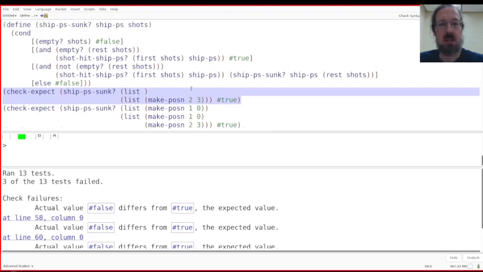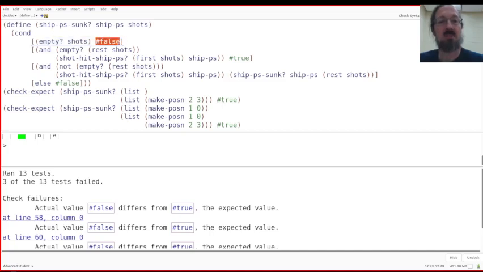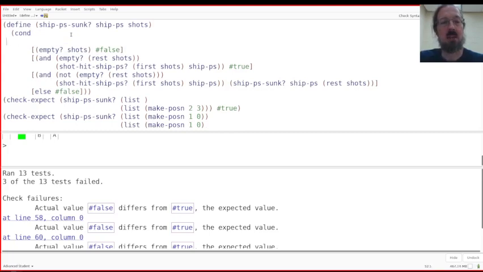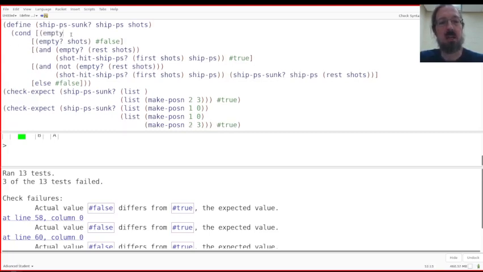That doesn't sound right. So then we start looking at the code a little more, and you realize that we're in trouble. So let's see. First of all, running out of shots. Well, the answer is false, except what if you also don't have anything in the ship? Yeah, okay, I see. So I would say that if the ship has nothing in it,